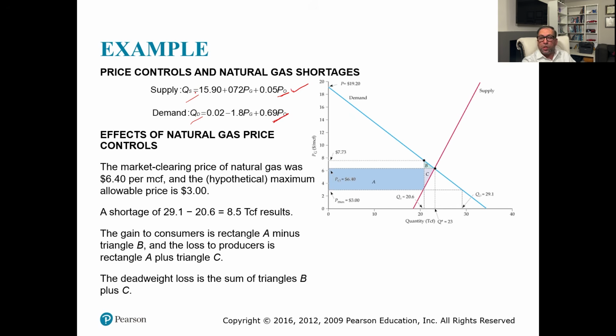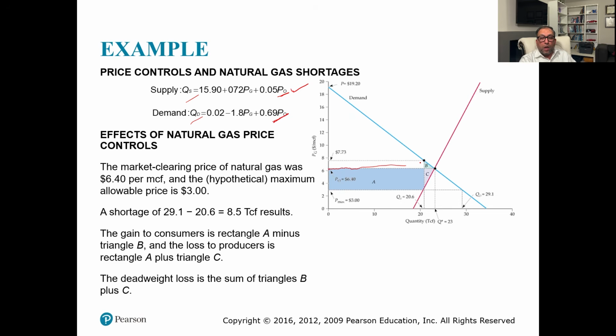So the market clearing price, if the market is free, with no intervention and no restriction, the market clearing price of natural gas was $6.40 per MCF, or thousand cubic feet. That's this, and this price is 6.40. You see this arrow, 6.40 is the